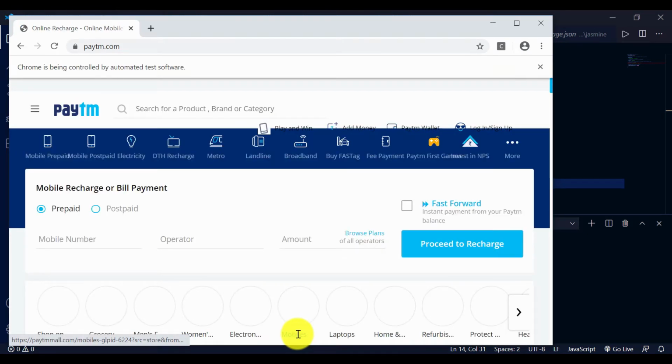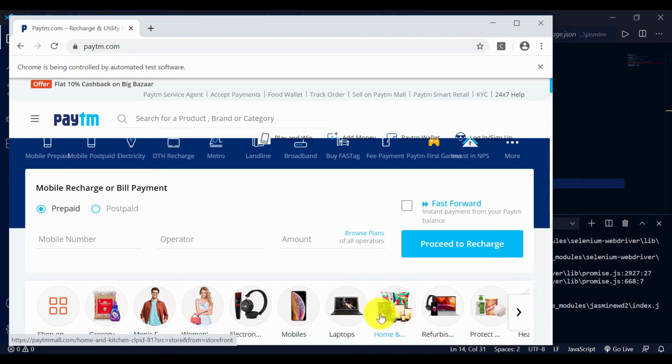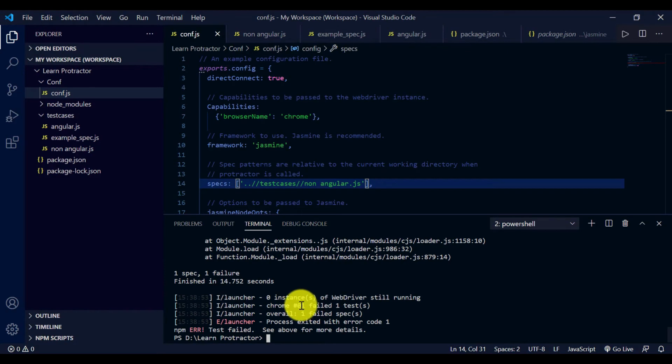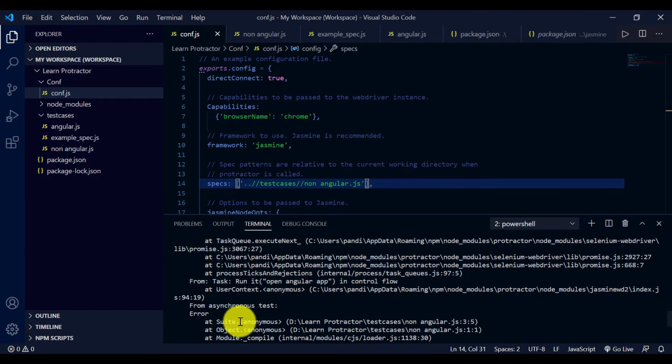It has opened the Chrome browser and the paytm.com website, but let's see our test case. As you can see, there are some errors and our test case has failed. So let's see what the error is.